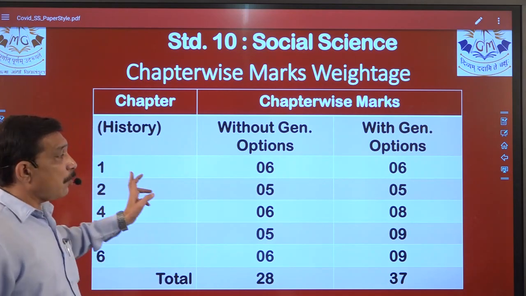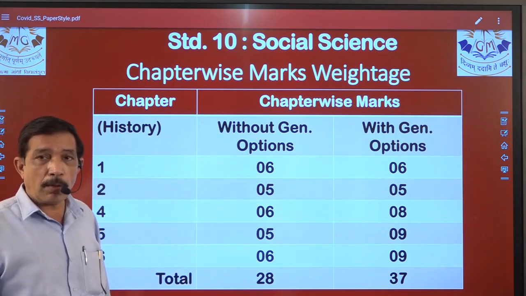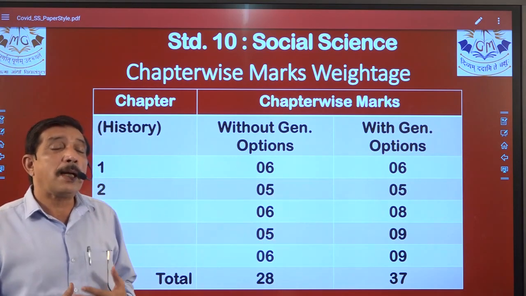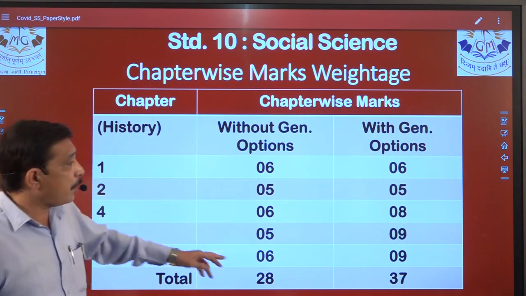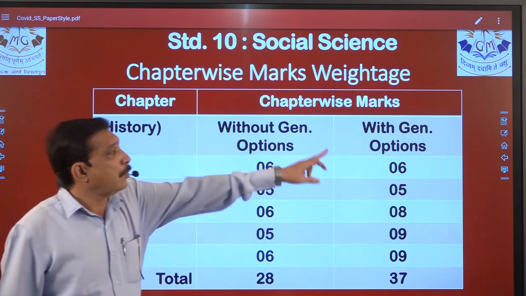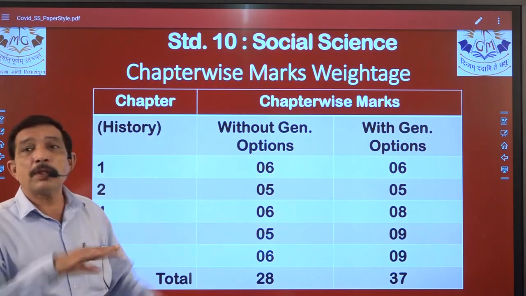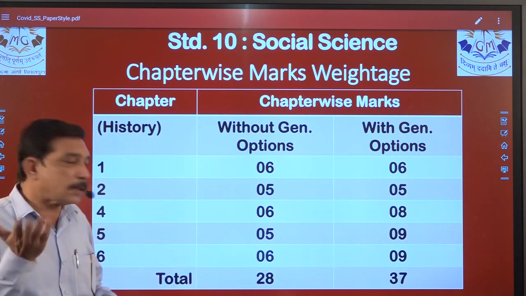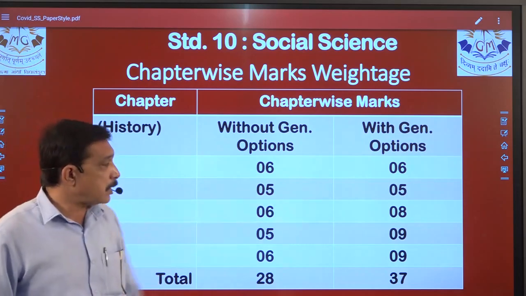So chapter number 1, now with a little bit of speed, please note down the marks that are given over here, and without option also you can write, so that you have a general understanding that you will get more options in this chapter, right? For example here in the second chapter, without option 5, with option 5. That means again only 5 marks will be asked without any option. It can be a 3 mark question or 2 marks objective, that way. We will discuss that later. Right now just note down these marks without general options and with general options.